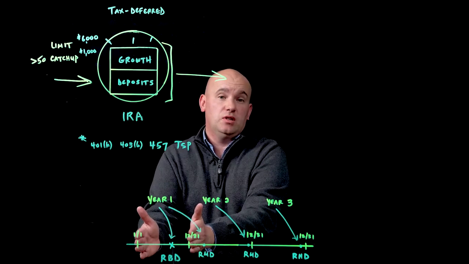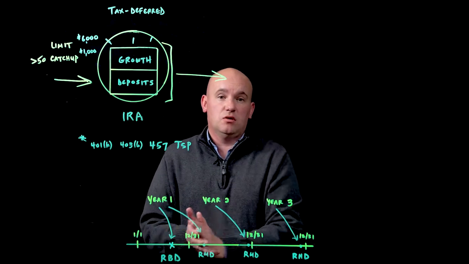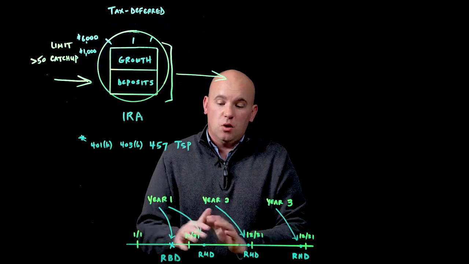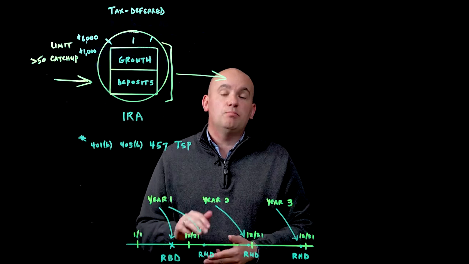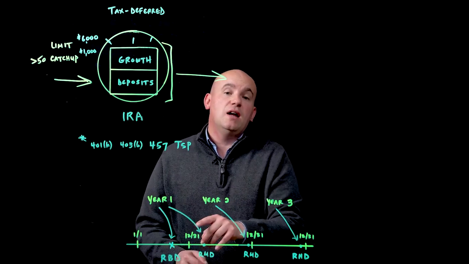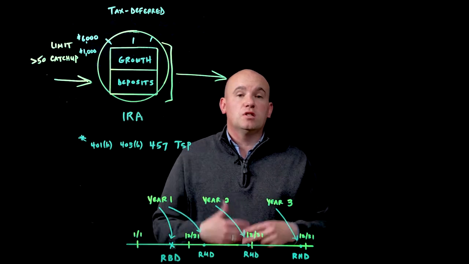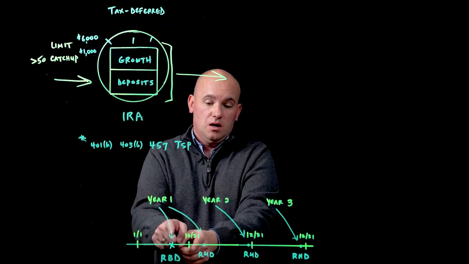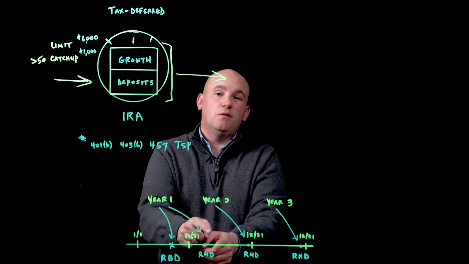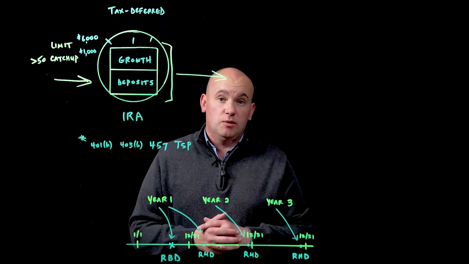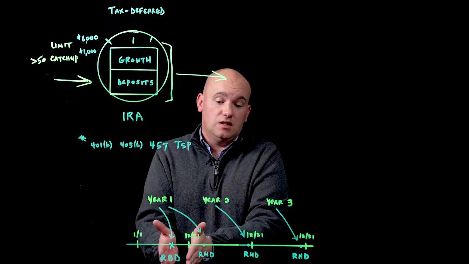So in a calendar year, let's use the assumption someone turns 72 in September. That's noted here by RBD, required beginning date. So they turn 72 there. They have an option for their very first distribution. They can decide whether they take it in that year or if they wait until April 1st of the following. That's only on your very first distribution, so the year that you turn 72.